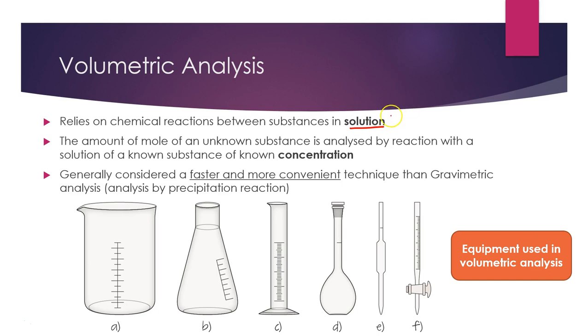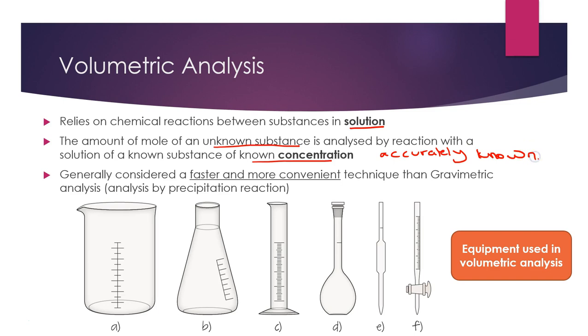Now the reaction is going to occur in solution and stay in solution. So we're not going to have necessarily something physical that we can weigh or otherwise. We need another way to be able to detect what's going on in the reaction. For this, generally, the amount of mole of an unknown substance, so this would be like our water sample, is analysed by reaction with a solution of a known substance of known concentration. And this is really important that it is an accurately known concentration that we're doing our titration or our volumetric